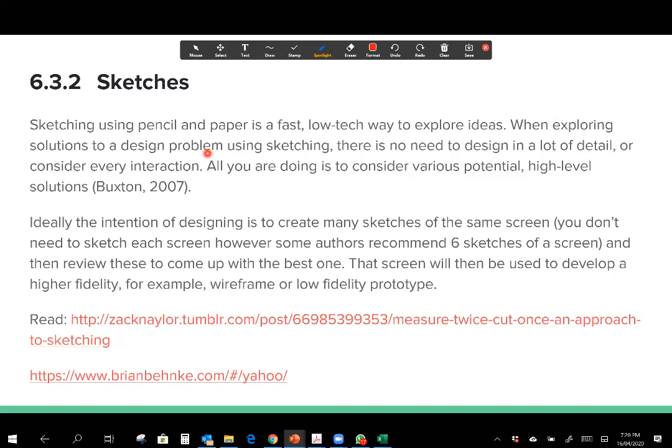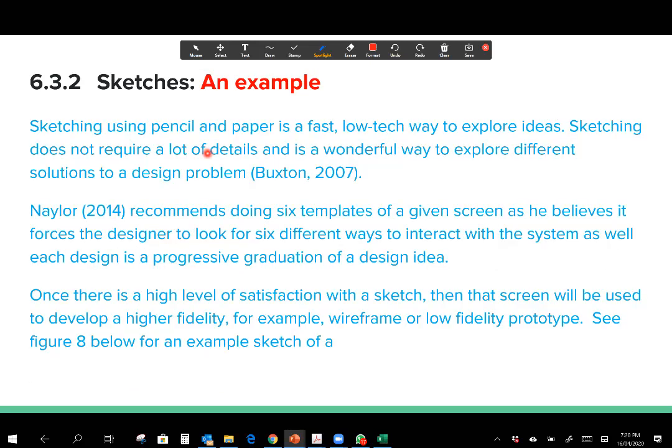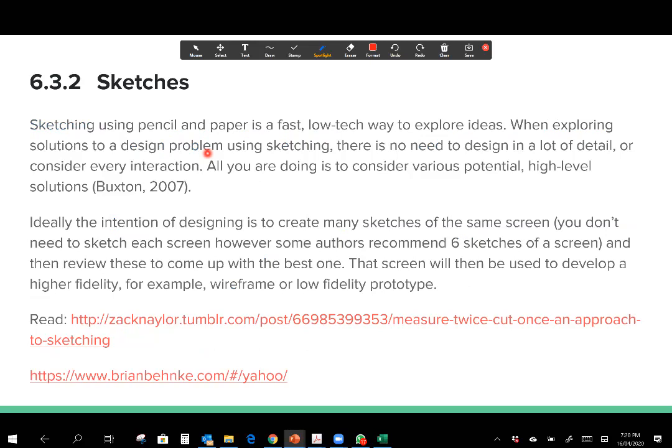So these are hand sketches. It's very low-level sketching, right? It doesn't require a lot of intuition. It's simply to help you figure out the layout of the form. So the recommended approach is what they indicated. I know for many of you, you'll be rushing the process, so you just draw a sketch just to have a sketch. But the rule of thumb is that they suggest the best thing to do is about 6 different sketches of the same screen.